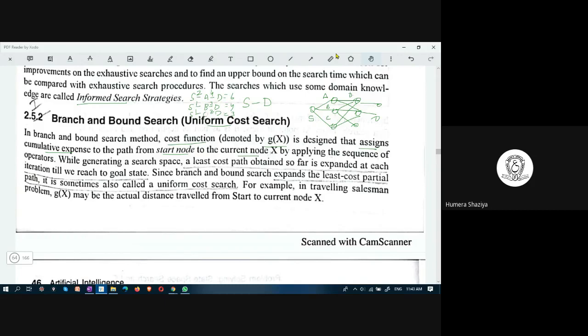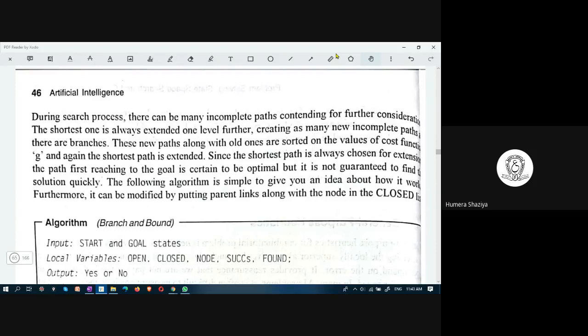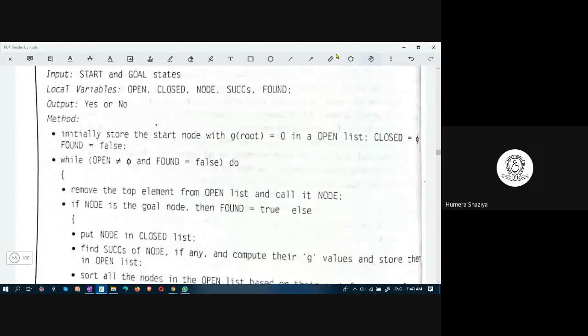Because it is evaluated to be the shortest one among the available paths. So the least cost path has to be chosen. This is branch and bound search. For the branch and bound algorithm, the input is start node and the goal node. In the given example, start node is S, goal node is D, and there are local variables open, closed, node, successors, found. Output is yes or no.